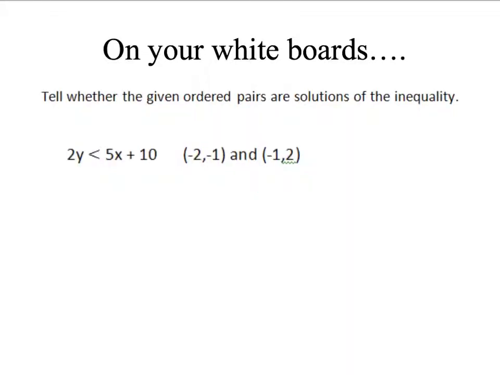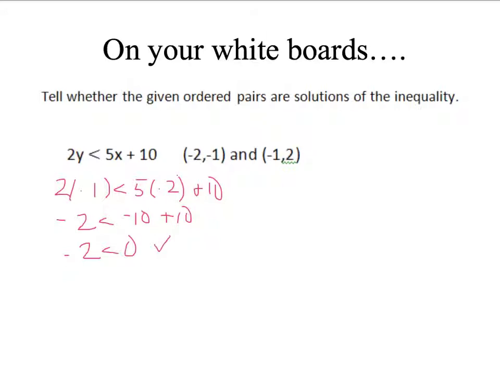Okay, let's try another one. Same thing, plugging in the x's and y's. So it'll be 2 times negative 1 is less than 5 times negative 2 plus 10. So negative 2 is less than negative 10 plus 10. So negative 2 is less than 0. That is a true statement. So therefore, negative 2, negative 1